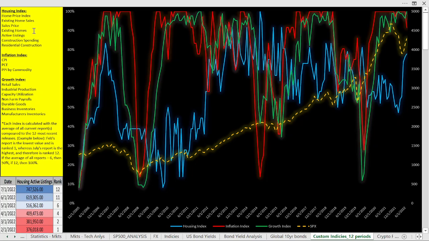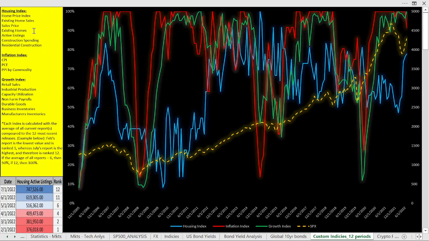The housing index is actually made up of a combination of the different monthly economic numbers to include the home price index, existing home sales, sales price, active listings, construction spending, and residential construction. The inflation index is made up of the consumer price index, the personal consumption index, and the PPI. And the growth index is made up of retail sales, industrial production, capacity utilization, non-farm payrolls, durable goods, business inventories,